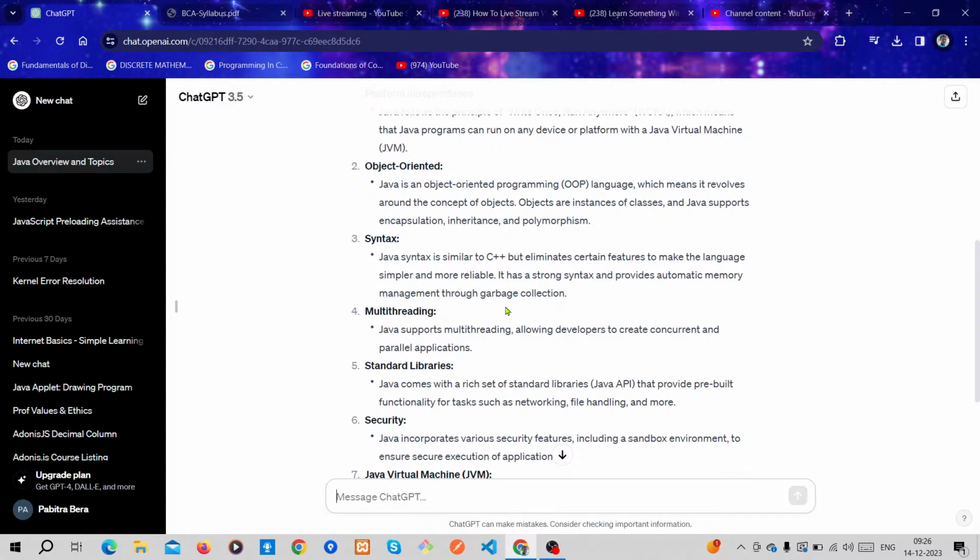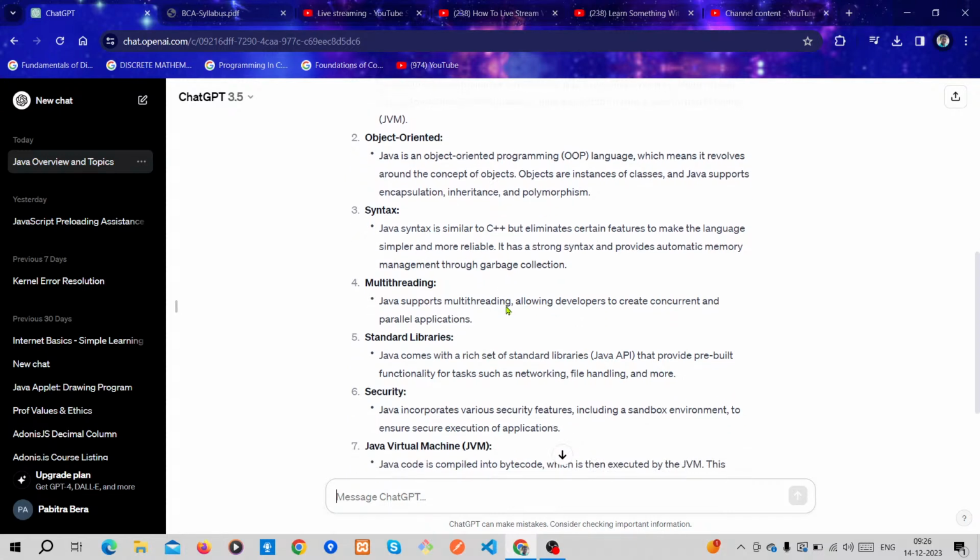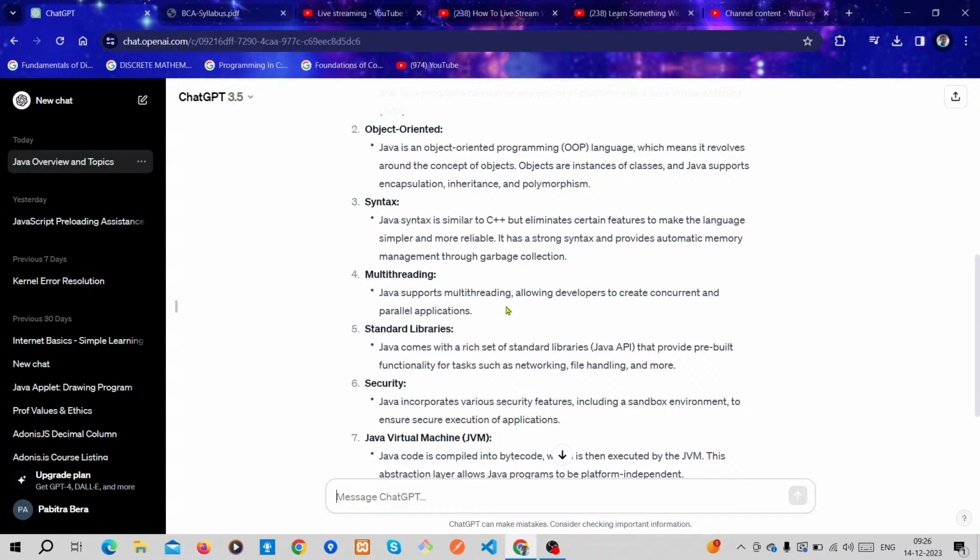Syntax: Java syntax is similar to C++, but eliminates certain features to make the language simpler and more reliable. Java and C++ syntax are similar, but some C++ features are not present in Java, so Java is a simpler and more reliable language than C++.